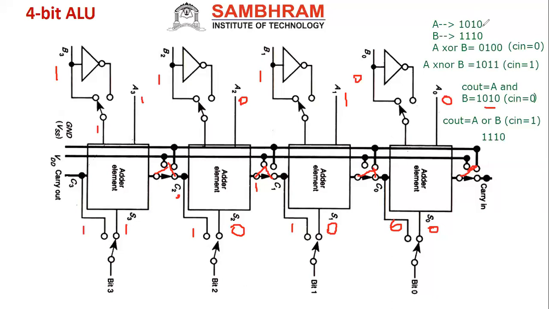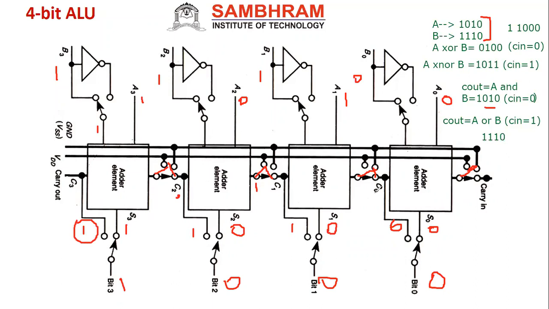Now what I'll get as sum actually: 1, 0, 1, 0. Normally when I add these two, my sum will be what actually? I can add, it's supposed to be 0, 0, 0, 1, 1. Yes. So now this is my sum. See now here we see the sum I'll get, this is what? The same thing I'll get here, switch, right? This sum only I'll get: 1, 0, 0, 0. See, this is the sum. So carry out is 1 I got.